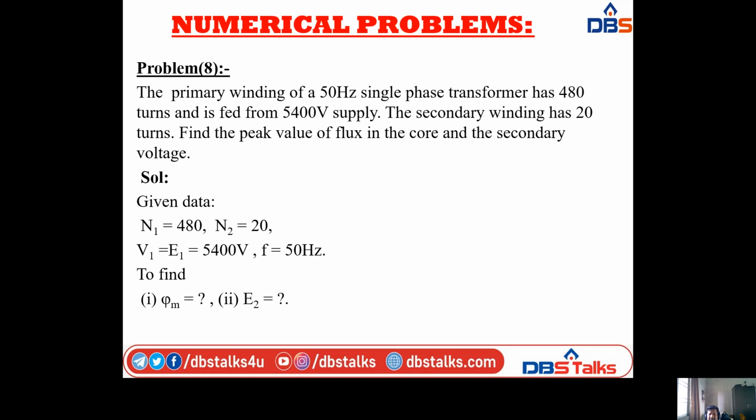So given data is N1 number of primary turns equal to 480, N2 number of secondary turns equal to 20, V1 or E1 equal to 5400 volts, f is equal to 50 Hz. Now find first one, peak value of flux, that is phi m, maximum value of flux, not sinusoidal flux, not mutual flux. So maximum value of flux phi m. Second one E2. So by using EMF equation,